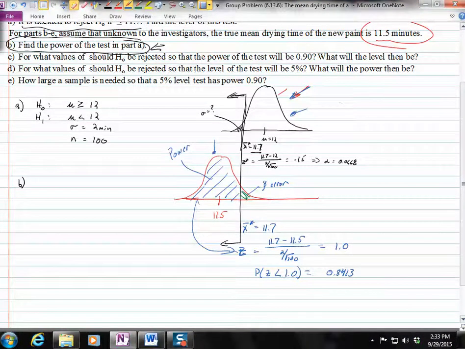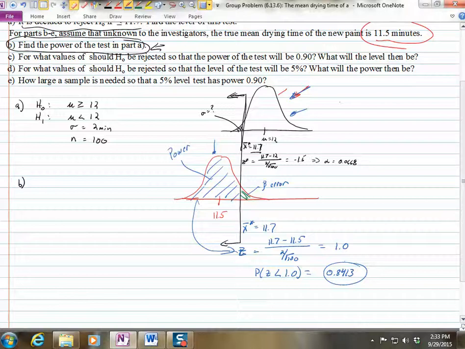So the power is 84%. All right, and I know we went over that before as well, but it's good review. So let's see if